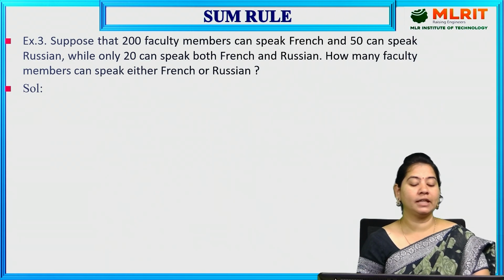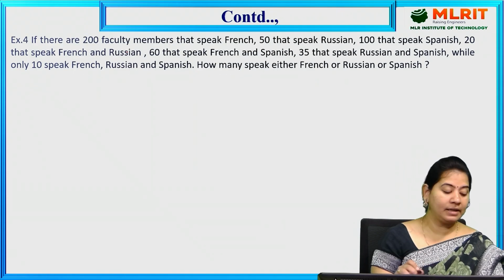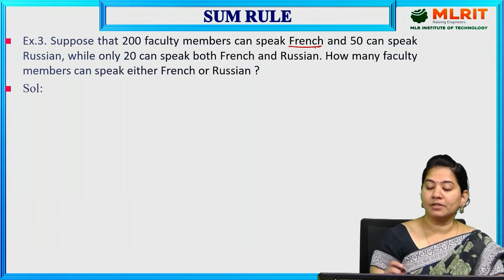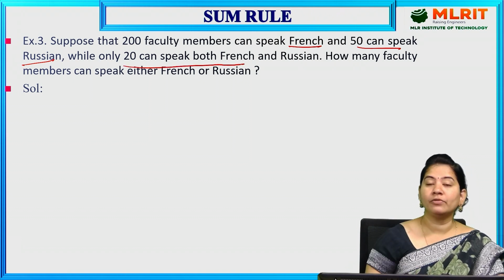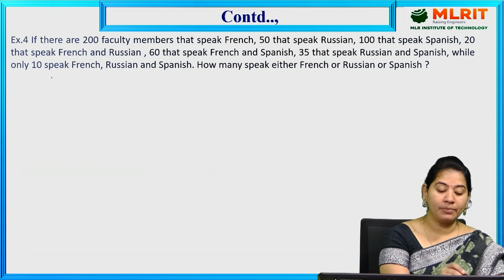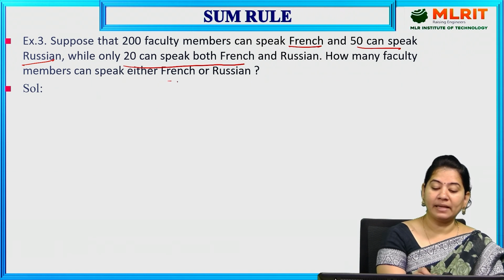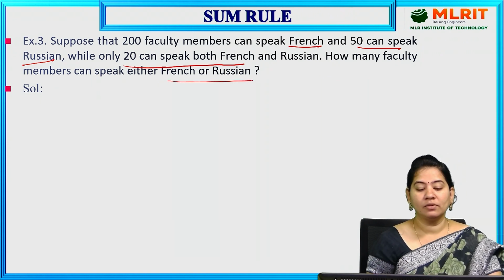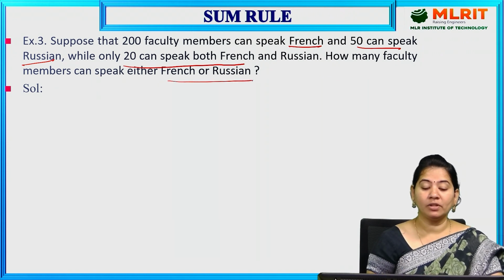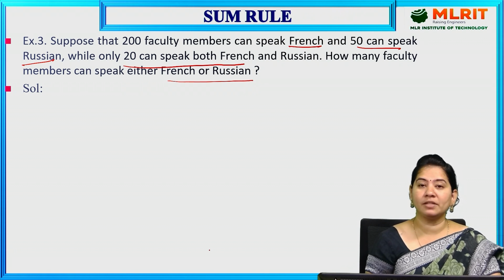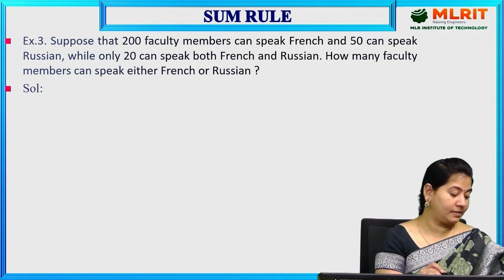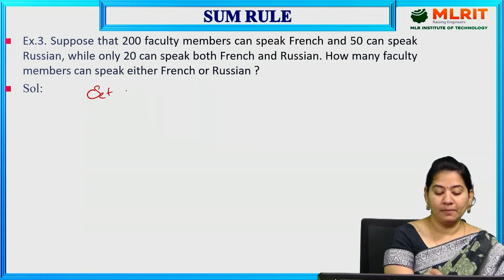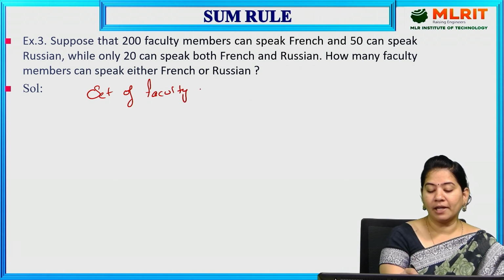Now let us go to the third one. Suppose that 200 faculty members can speak French, 50 can speak Russian, while only 20 can speak both French and Russian. So how many faculty members can speak either French or Russian? So as we know, 200 faculty members can speak French. First of all, you need to assign sets. Let us suppose set of faculty. So this is like given, you have to write set of faculty who can speak